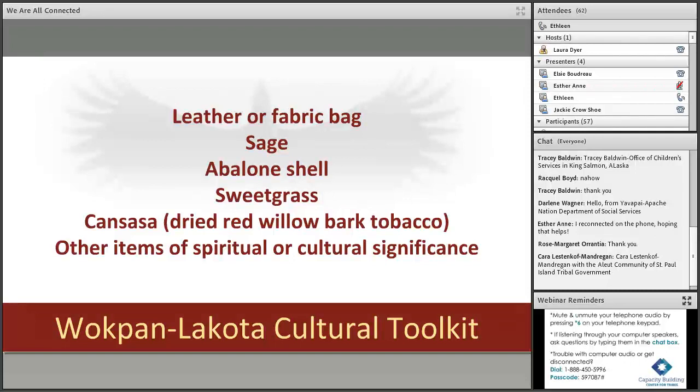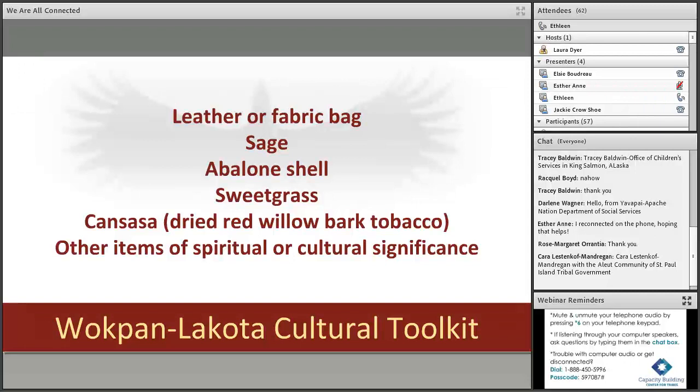And part of it is they would have a toolkit. It's called a wokpa in our Lakota language, where every individual carried one in case of an emergency or just to be prepared. If there was a sudden traumatic event like violence or accident or a death, the individual would use the wokpa for calming purposes, to make offerings, and for soothing the spirit during traumatic times.